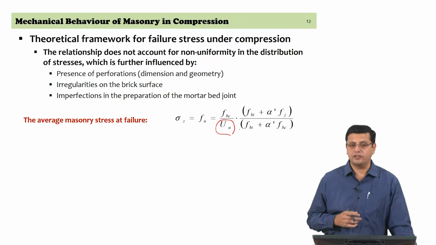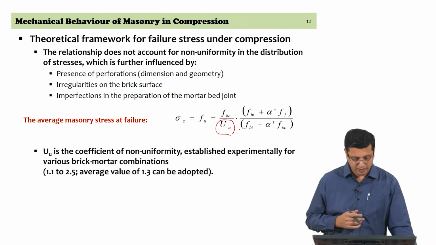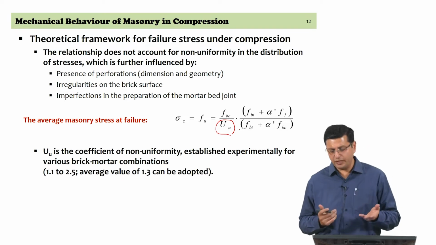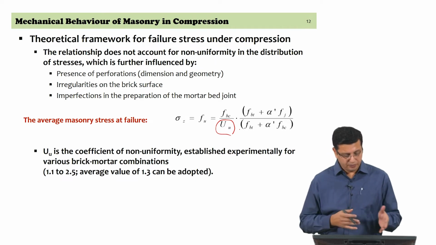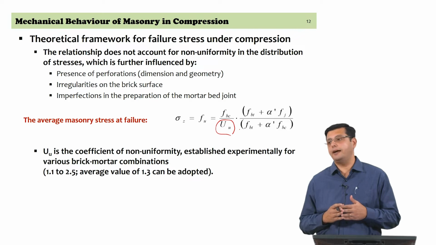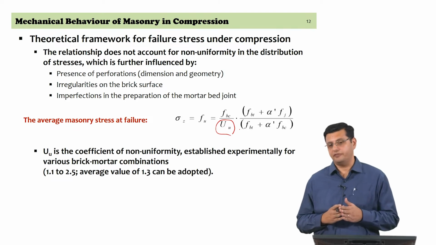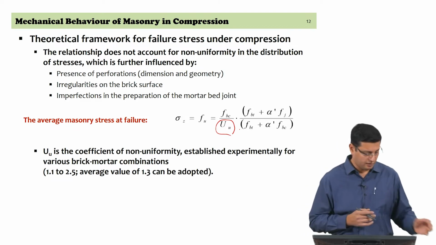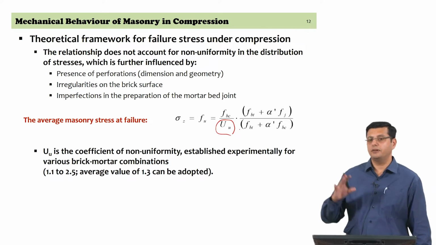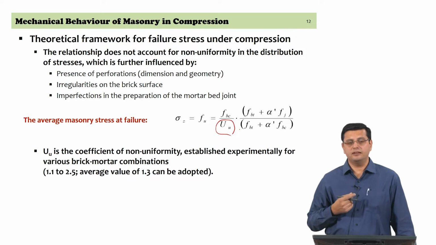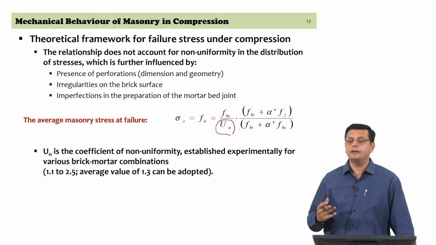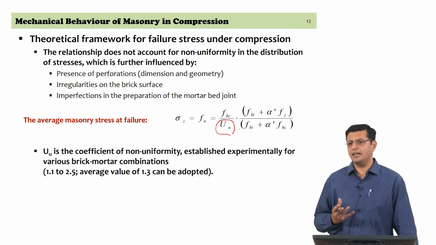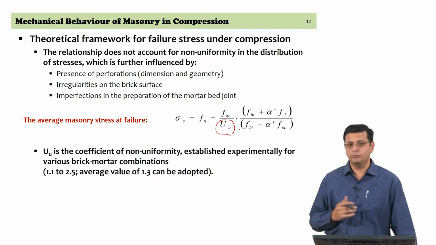So, this value actually comes from experimental investigations on different types of masonry. You can see that if you can adopt an average value of 1.3, so a 30% correction is required. However, depending on the type of mortar and brick unit, these values can actually vary quite significantly from about 1.1 to about 2.5. So, this theoretical framework, the Hilsdorf theoretical framework, actually gives you a better physical interpretation of the failure mechanism, and is appropriate primarily because it considers the inelasticity in the material, the weaker material, the mortar,